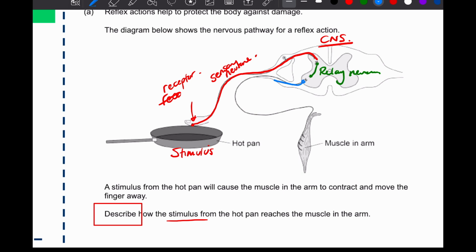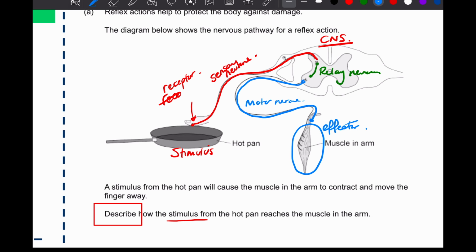So it has to again travel down another neuron, and this neuron is the one that connects the central nervous system to the effector. So this one is called the motor. So just remember with this one, motors make things move. Okay, so this is the neuron that is going to actually cause the movement. It's going to go to the muscle, and this is called the